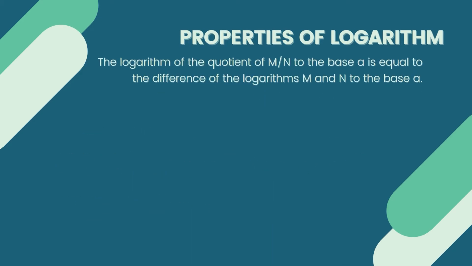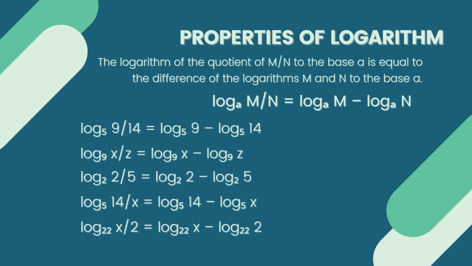The logarithm of the quotient of m over n to the base a is equal to the difference of the logarithms of m and n to the base a. In symbols, that is log base a of m over n equals log base a of m minus log base a of n. For example, logarithm base 5 of 9 over 14 equals logarithm base 5 of 9 minus logarithm